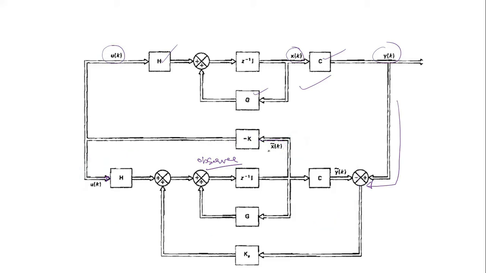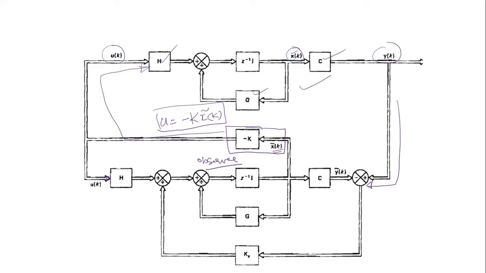So for the control part, you are using x tilde. Since x of k is not directly available, we use x tilde of k, multiply it with minus k and supply it to the actual system as u of k. u equal to minus kx is the control, but here we use x tilde instead of x. In order to do this pole placement, we are assuming that x tilde is as close as possible to x of k, the actual state.